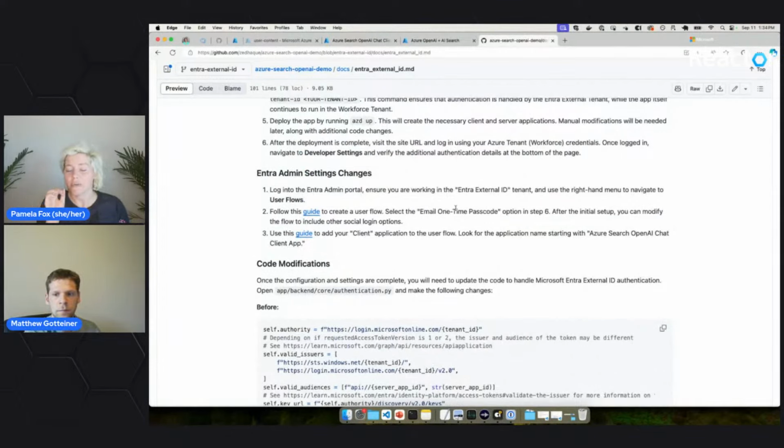But then the cool thing is once you have it set up, then it just works. And then you have all the features that you want from a user login system, right? And you don't have to deal with passcodes and MFA and reset and all that stuff. It is all implemented for you. So it is worth it to go through that extra setup so that you can have a really well working authentication system.